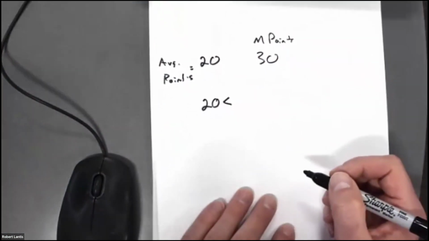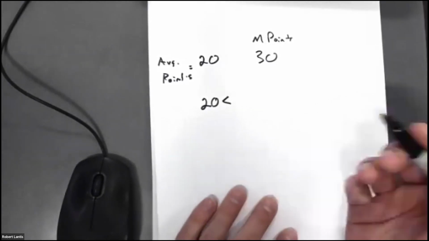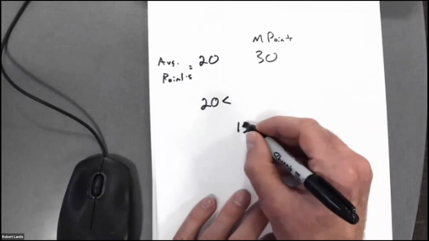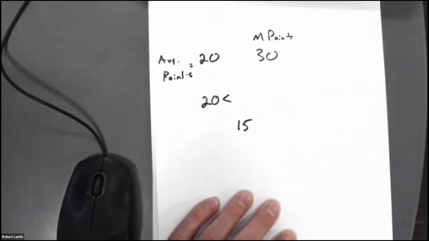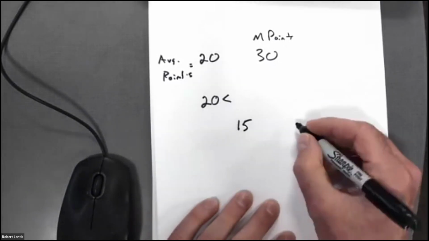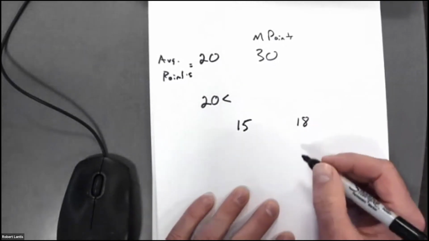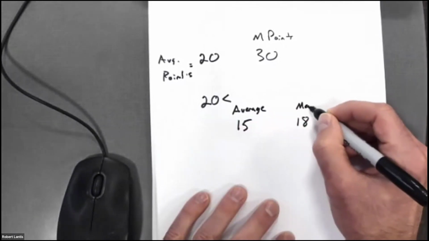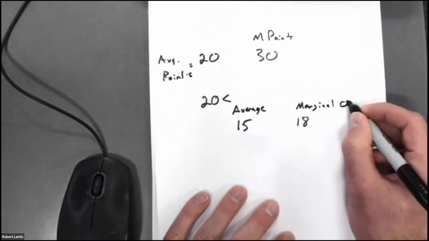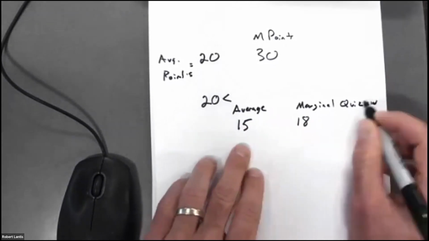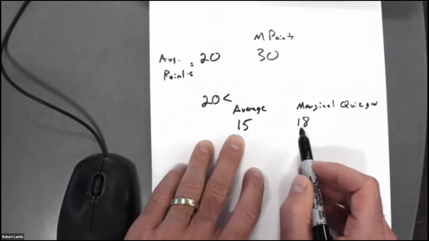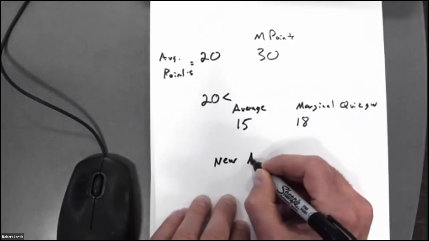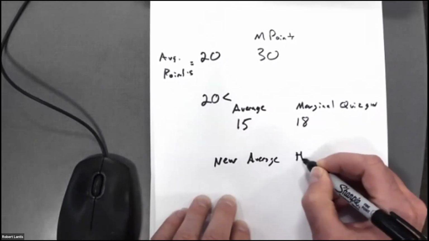Or think about it this way. You want to think about it in terms of a grade. Let's say your current quiz grade, on average, you're getting, I don't know, 15 out of the 18 points. Well, if you get an 18 on this next quiz, so this was like your old average, this is the marginal quiz grade. If I do better on this next quiz than I have in the previous ones, what's going to happen to my new average? Well, my new average should be